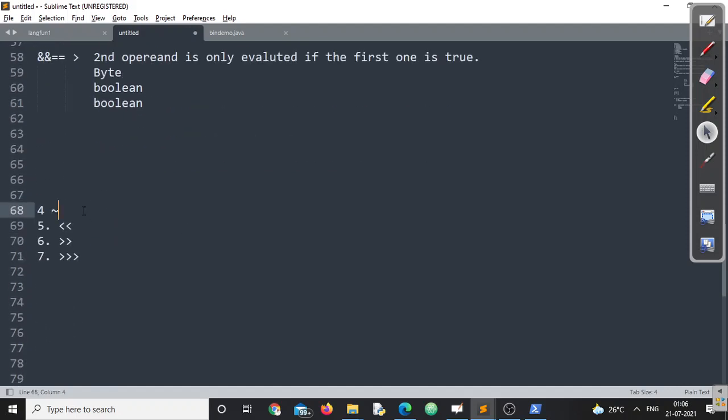Now, after that, let us go through the bitwise complement operator, the ones complement operator. This operator is basically called the ones complement operator. What exactly is the ones complement operator? What it does is change the zeros into 1 and ones into zeros. Remember this point. It converts 0 into 1 and vice versa.